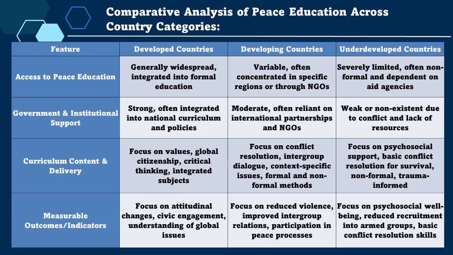peace education. Here is the table comparing peace education in three categories of countries: developed, developing, and underdeveloped, which would be clearly labeled. The four key features from the table above are access, government support, curriculum, and measurable outcomes. In access, developed countries would show high access, developing countries moderate and uneven access, and underdeveloped countries very